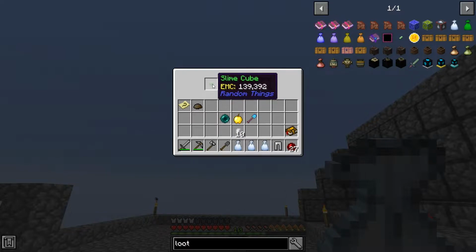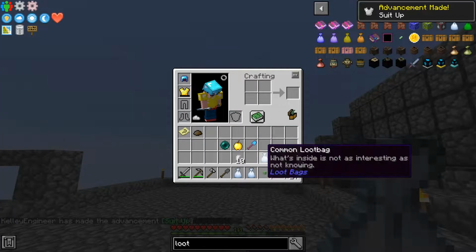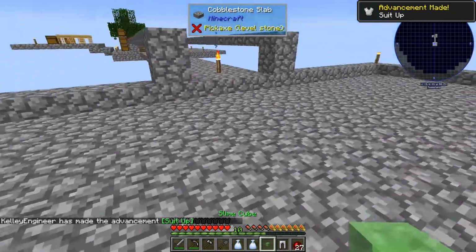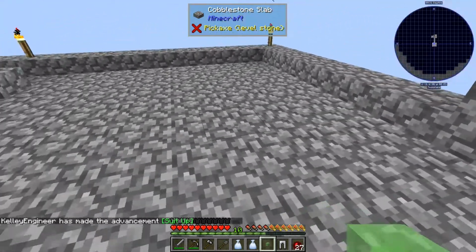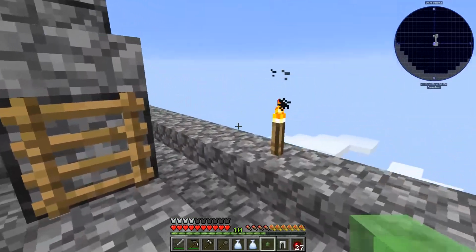Oh, the slime cube is actually really fun. Whatever chunk I place it in, it will turn the chunk into a slime chunk, and slimes will just spawn incessantly. Which is actually...